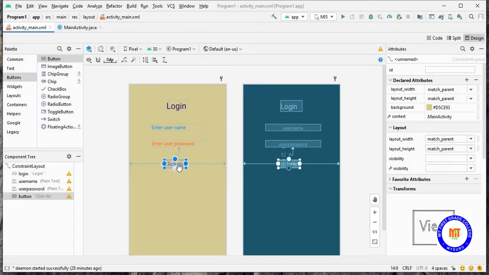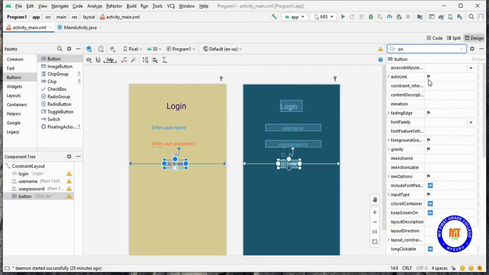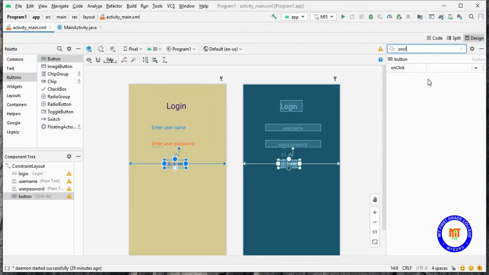So whenever I click on this button, it has to perform some action. For that I have to write the function. For that function I have to give the name in the on click. So in the on click I have to give the function name.